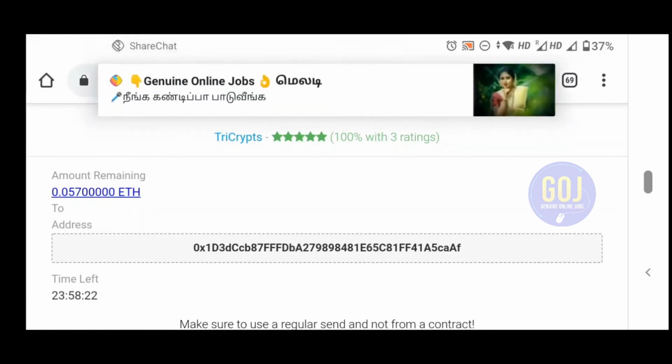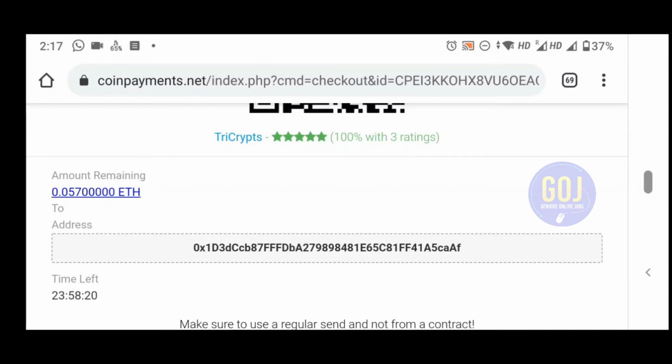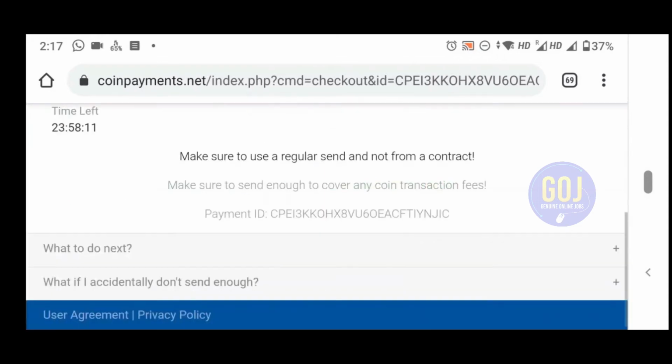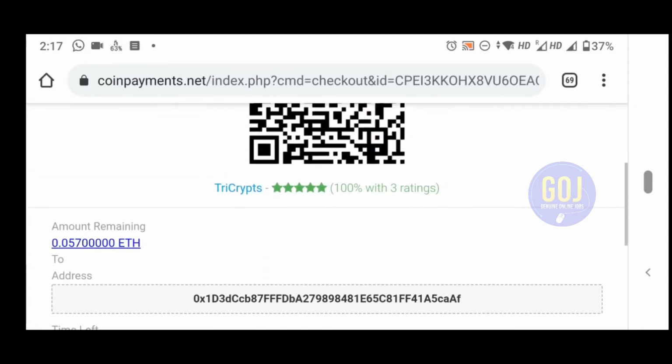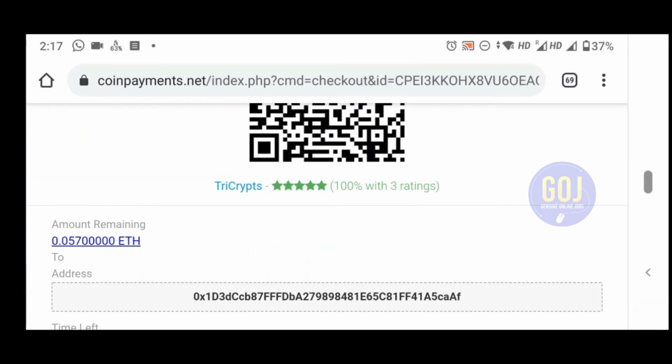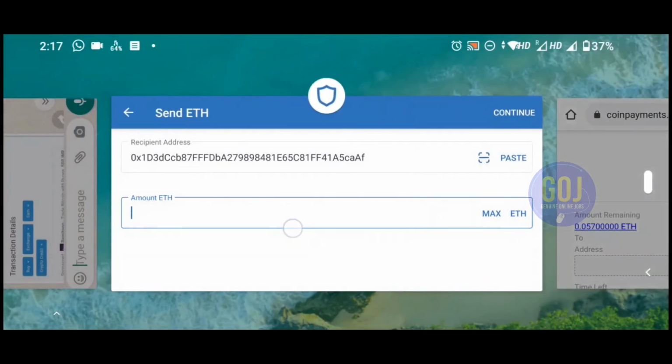Here you should enter 0.05700. Sometimes it will be 0.05712. So we should enter all those digits exactly as given here. That's a must. If, for example, here there is 0.05712 and you entered only 0.0571, the remaining 0.00002 will be pending.